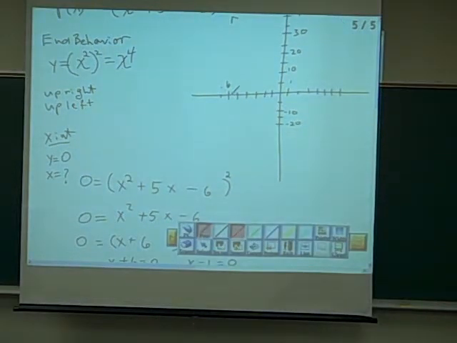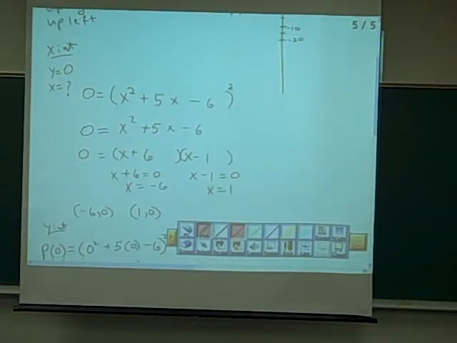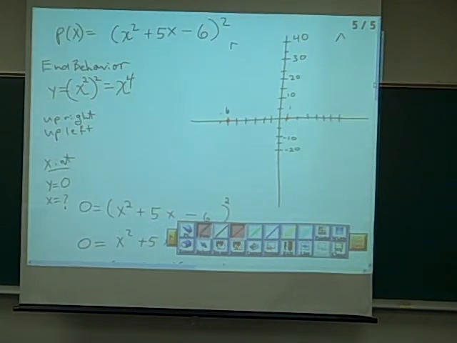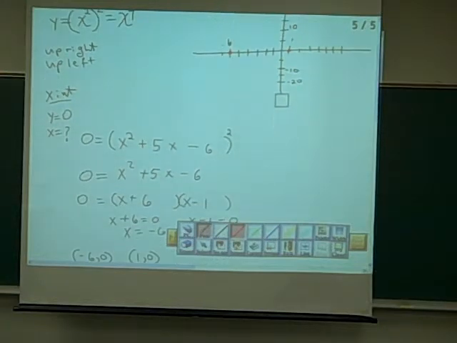Okay, so we know we have -6, 0, 1, 0, and the other one is 0, 36, which is going to be just about 35. Okay, and we know it's going to come down like this, and it must have to touch here, come up, go through, touch, and then go through. It doesn't look like it's going to go through the x-intercepts this time on either one of them. Well, let's see what